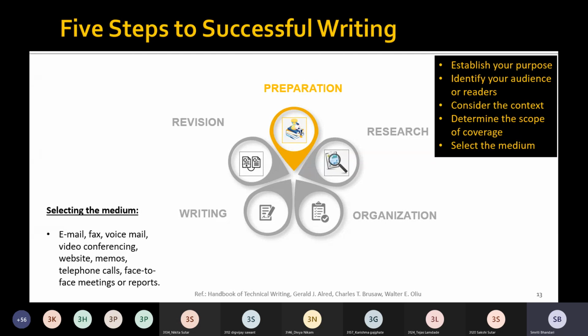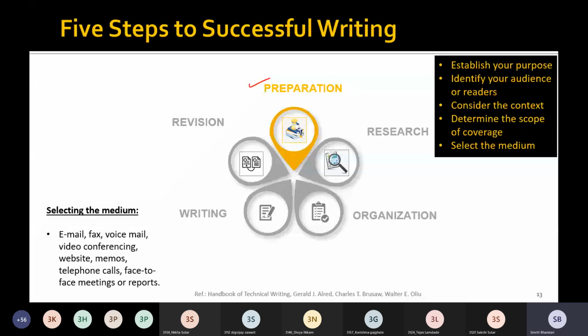Right? So these are five important tasks that we should consider before writing the report or before writing any technical document. These steps are included in preparation, right? Once you come up with everything, you can say that you are prepared now to write a technical document, and then you will proceed to the next step, that is research.